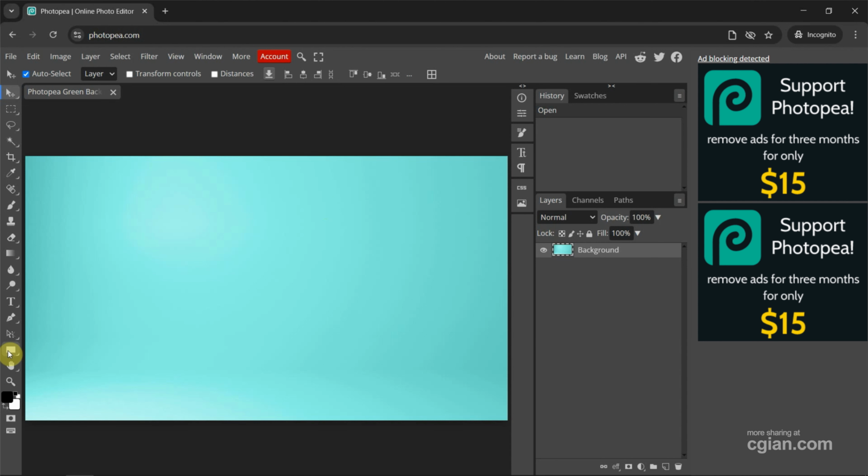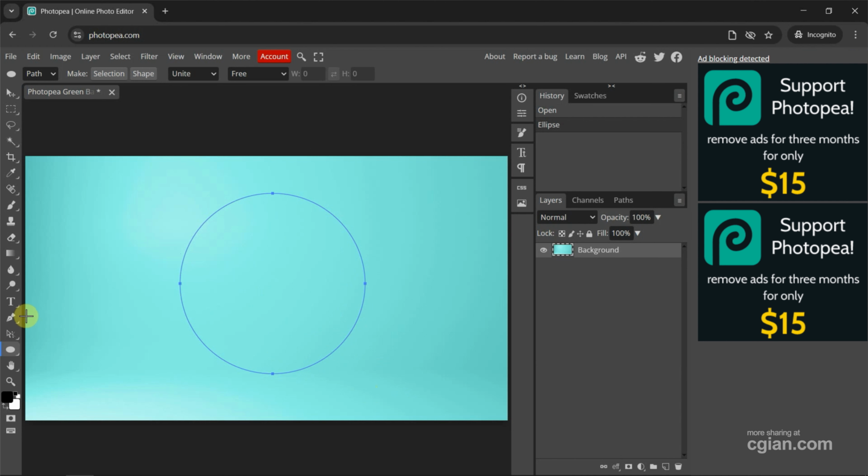Next, we can go to Shape tool, drag and hold. We can find ellipse. And then we can go to top option bar. We can switch from shape to path. Next, we can click and drag to draw an ellipse. If we want to make a perfect circle, we can press Shift and move the cursor. And release the mouse button, we can make a circle path.